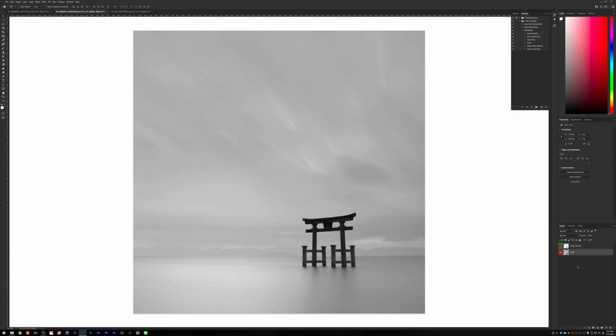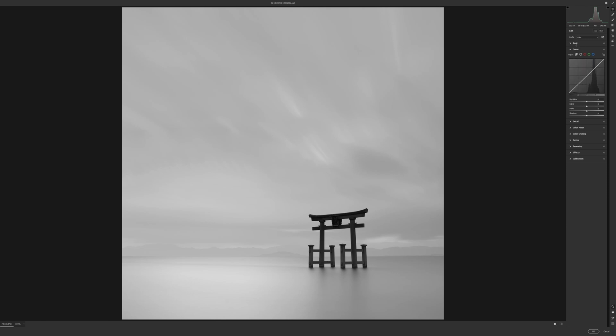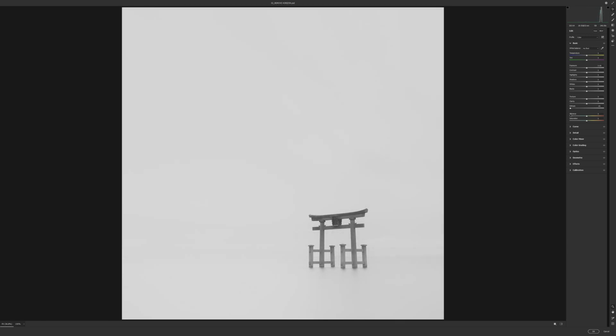So again, I'm gonna duplicate my base layer, convert this to a smart object, and then I'm going to go to filters, camera raw filter, go back to my basic here and apply my dehaze, and I'm gonna go pretty strong on this one. I'm gonna go down all the way until I kind of start to not see the horizon line anymore, and of course I can tweak that later.